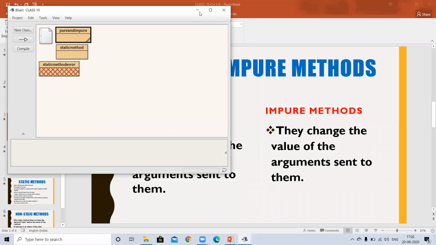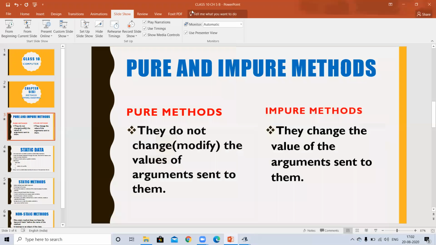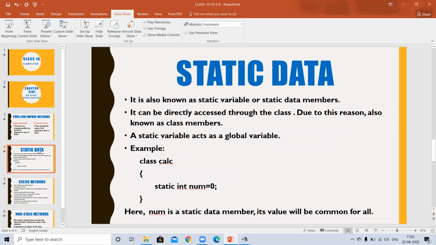Now I will explain you the new topic, that is static data. What is static data? Static data is also known as static variable or static data members. With the static data members, with the static variables, we use the keyword static. And a static variable acts as a global variable.